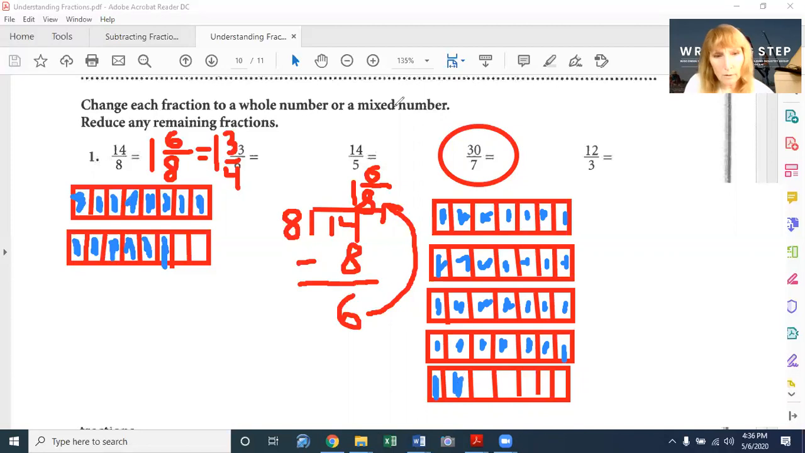So now we say to ourselves, how many whole pizzas have I colored in? 1 whole, 2 wholes, 3 wholes, 4 whole pizzas have been colored in. And how many pieces of the last pizza? 2 out of, how many are they cut into? 7 pieces. So changing 30 sevenths over, you get 4 and 2 sevenths,